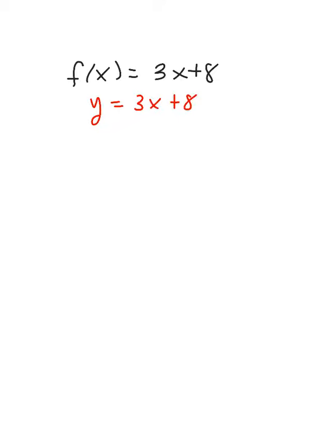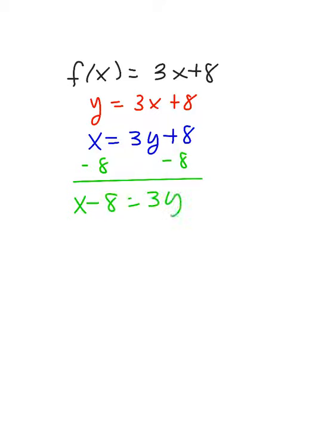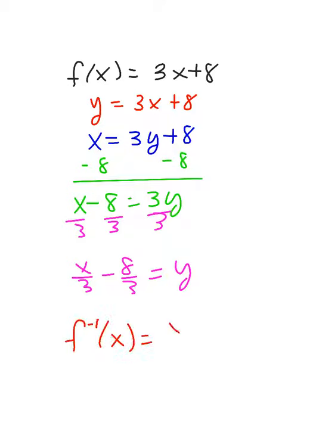Number 2 is to find the inverse of the function. So I have f of x is equal to 3x plus 8. So remember, inverse means to switch x and y. So I switch x and y, I get x equals 3y plus 8. Solve for y, so minus 8. x minus 8 equals 3y. Divide both sides by 3. So I get x over 3 minus 8 over 3 is equal to my y. And that is a function, so it is the inverse of f of x is equal to x over 3